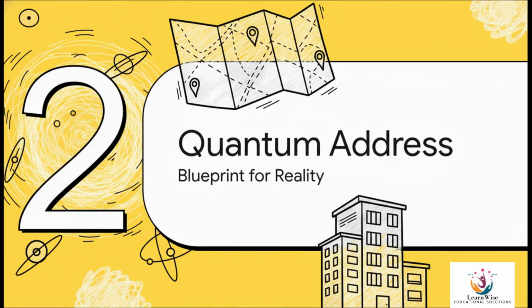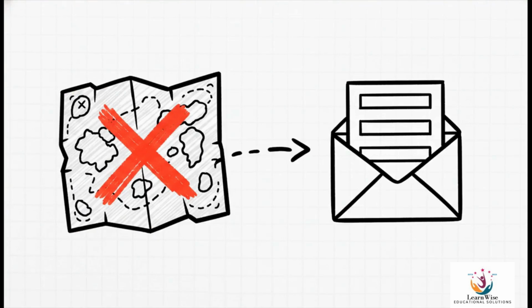So how on earth do we describe these fuzzy clouds of probability? Turns out there's an incredibly elegant system. Think of it less like a map and more like an address. That's right. Every single electron in an atom has its own unique four-part address. These are what we call quantum numbers. And these four numbers tell you everything you need to know: the electron's energy, the shape of its cloud, and even which way it's oriented in space.